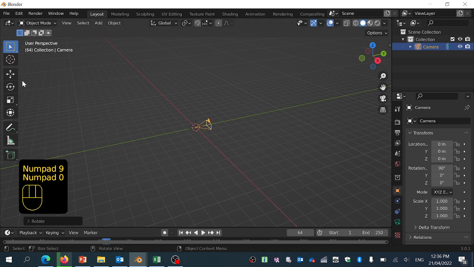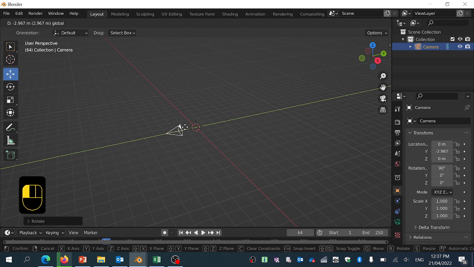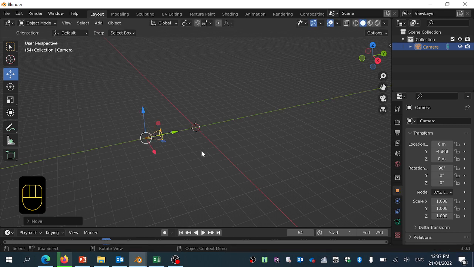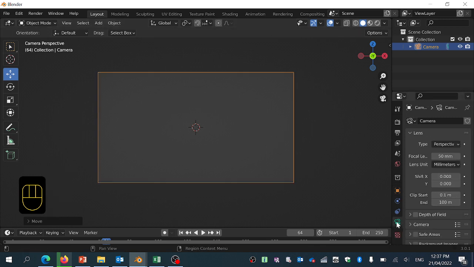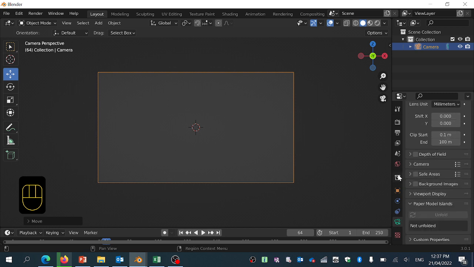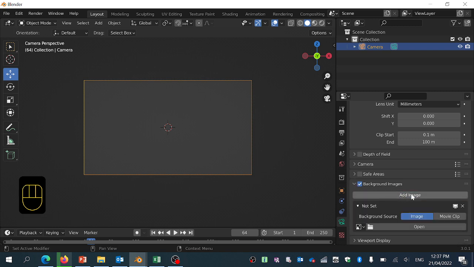All right, once we've done that, we're going to move this back by clicking on our Move tool here, and we're just going to move it back a little bit here. Now, inside the camera, we have to set up our video. To do this, we need the camera selected, and you'll get this camera icon show up over here. We are now going to click on Background Images, open this up, add an image, has to be